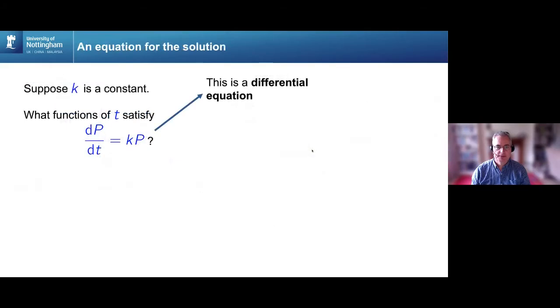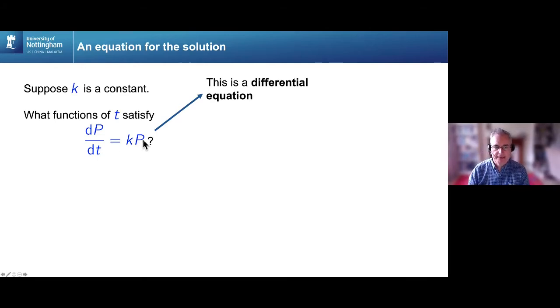So let's try to solve it. So as I said, I'm mostly going to be trying to solve equations today using pictures, but let's use a couple of equations. And to start, I'm going to assume that this number K is a constant. It doesn't change as a function of time, and it doesn't depend on P. In that case, the equation I'm trying to solve expresses the rate of change of P with respect to t in terms of